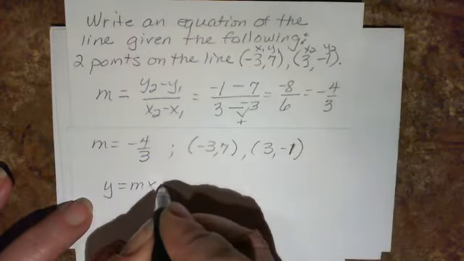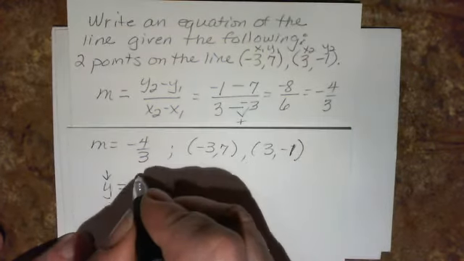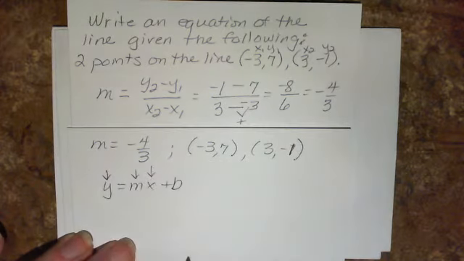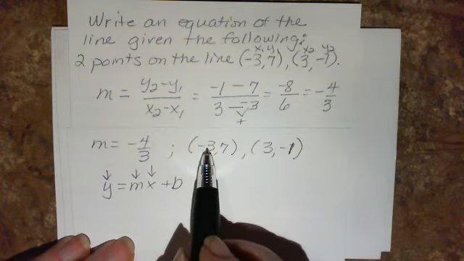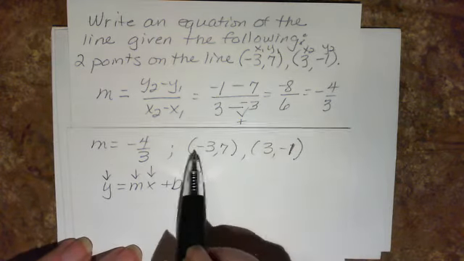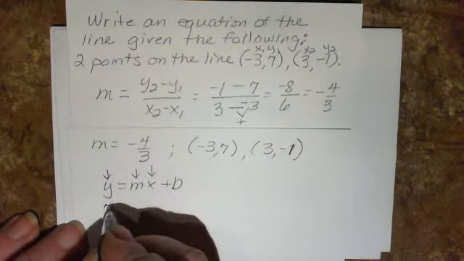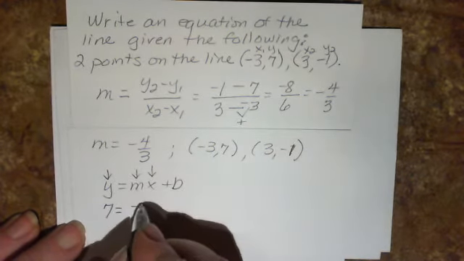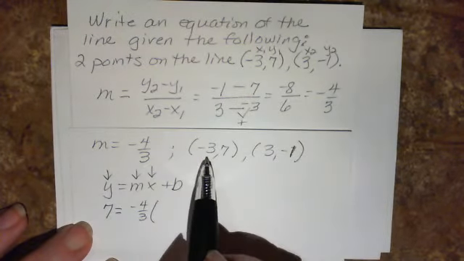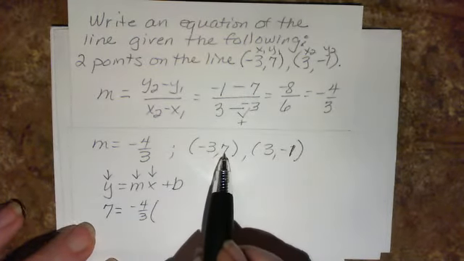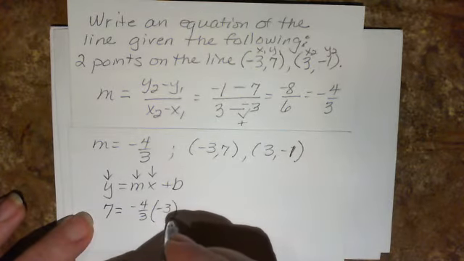So if we choose y equal mx plus b and use it twice, remember first we're going to plug in or substitute for y, m, and x. So if I choose the first point value, remember it shouldn't matter which one I pick, then y is 7, and m is negative 4/3, and x, I have to pick the x value from the same place I picked the y value from, so that's negative 3